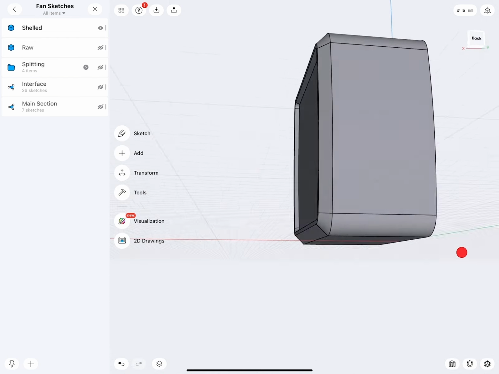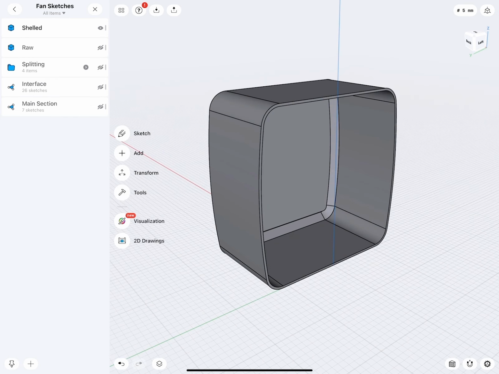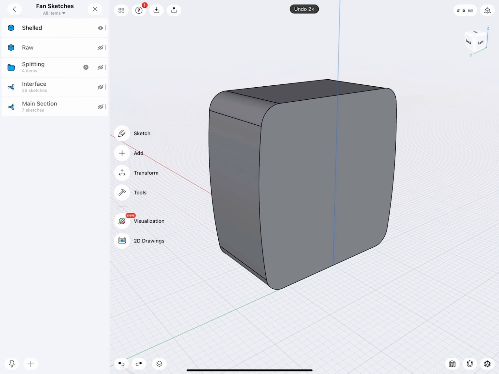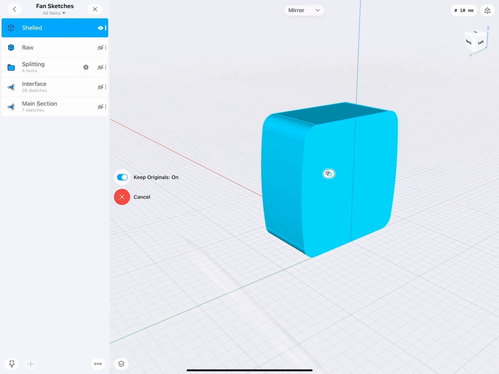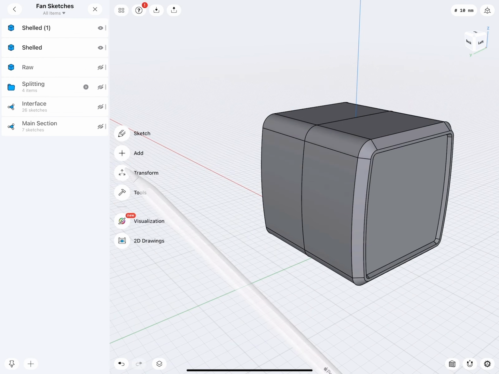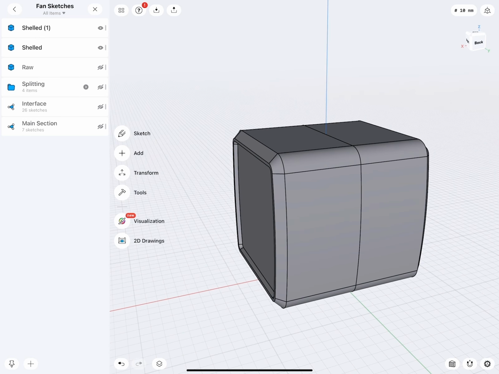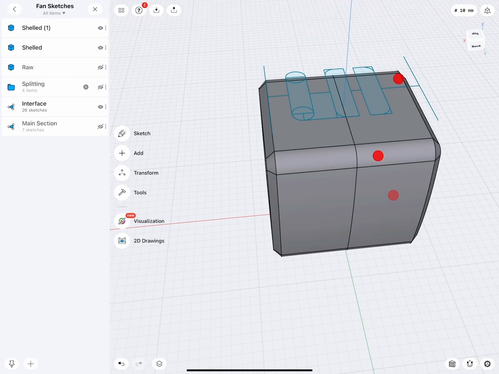Yeah, okay, this is good. So we bring this over, perfect. Let's undo actually the shelling one more time, because this actually works good. So we will make our copy to there, keep this, and let's go and take a look at the interface.